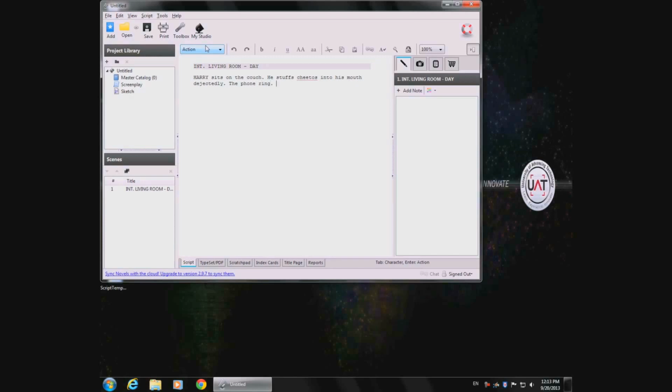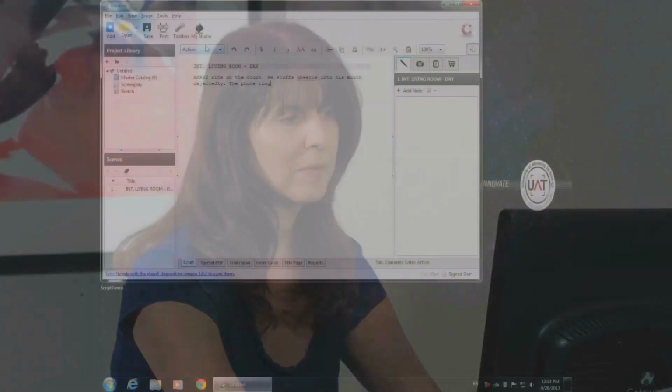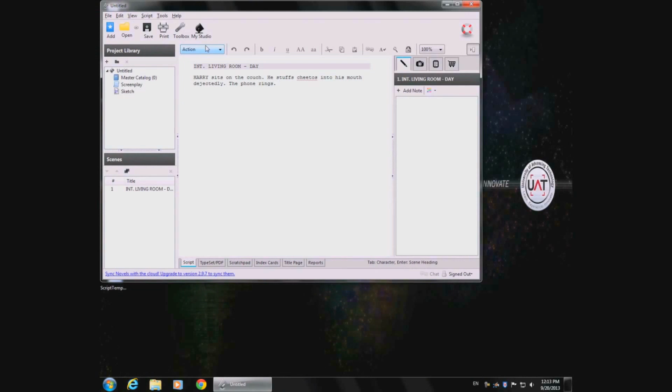Still have to use proper grammar, proper sentence format, periods, subjects, predicates, all of those things. But your descriptions shouldn't be longer than 3 lines. You can go to 4. If it's really important, you can go to 5. But remember, every action gets its own description. So if something new happens, you're going to hit return and put in another description. So we hit return, and it goes ahead and formats it properly for us for the next